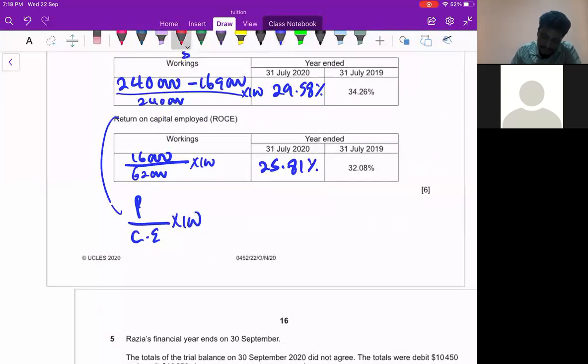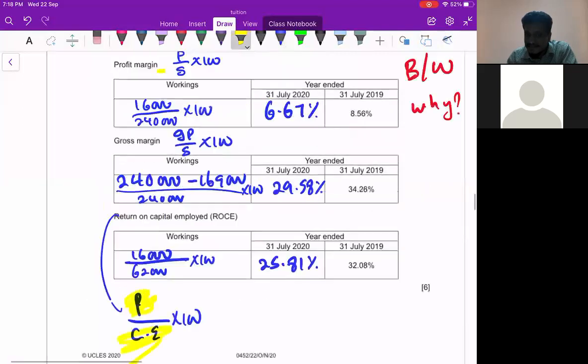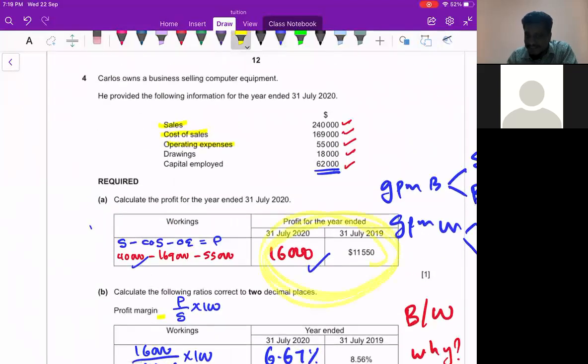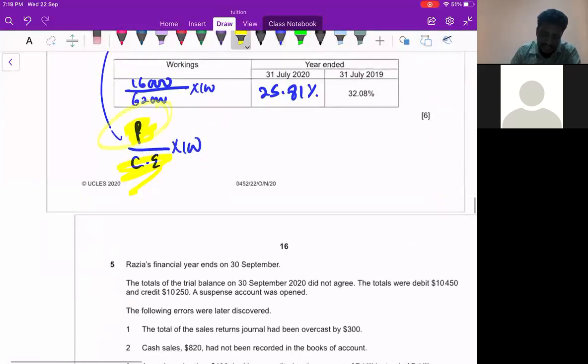It's either your profit less or your capital employed more. Can I write profit less? Did your profit less? No. Okay, profit increase. So you cannot, but the standard answer is profit. It's either profit less, and also capital employed increase. So this is the answer. But for this particular question, you cannot say profit increase, profit less. Profit actually increase. So you cannot talk about profit. You talk about increase in capital employed.